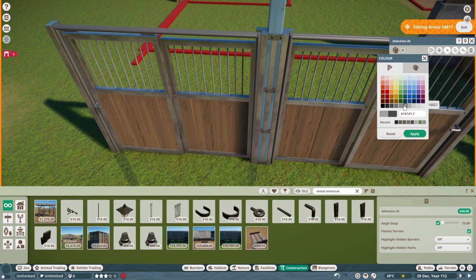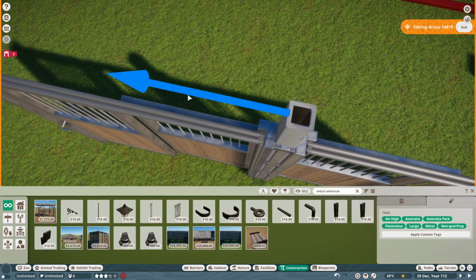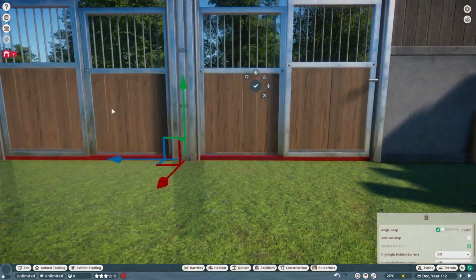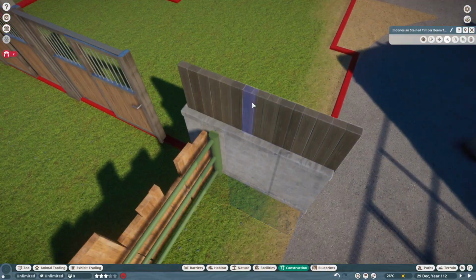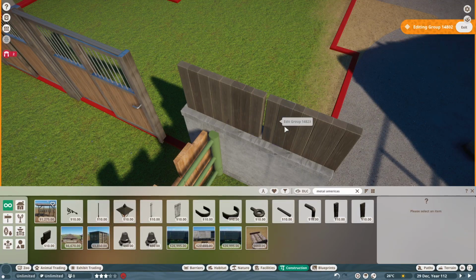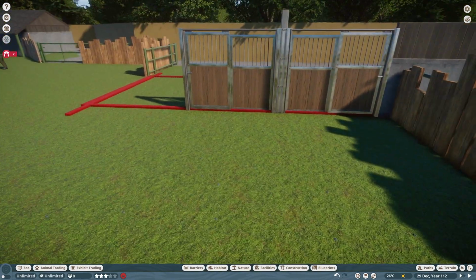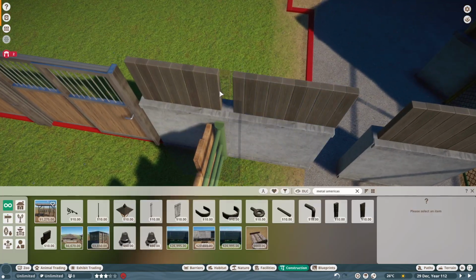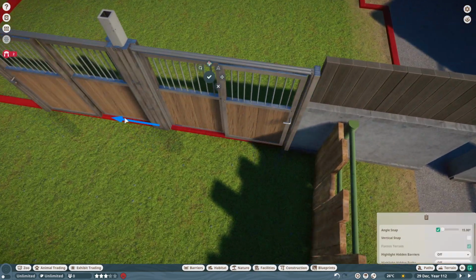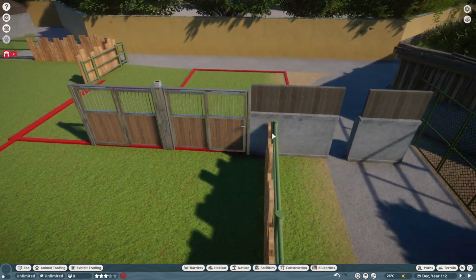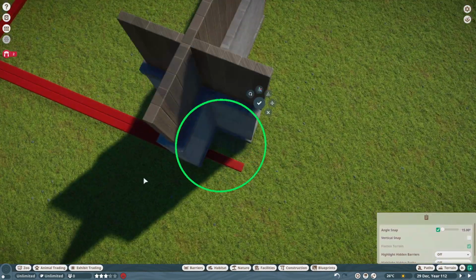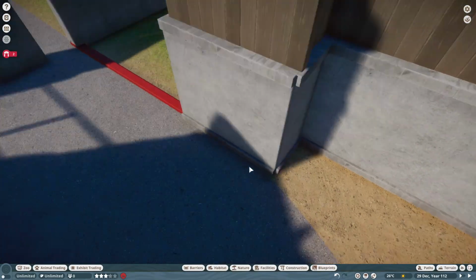And once the zoo is finished, and when I upload this to the workshop, I will probably, at least for now, upload two versions, one with all the animals in and one without the animals in. But you can easily just put down all the animals you need for a certain habitat if you want to visit this zoo, because all the habitats have signs on them which tell you which animals are in the habitat.